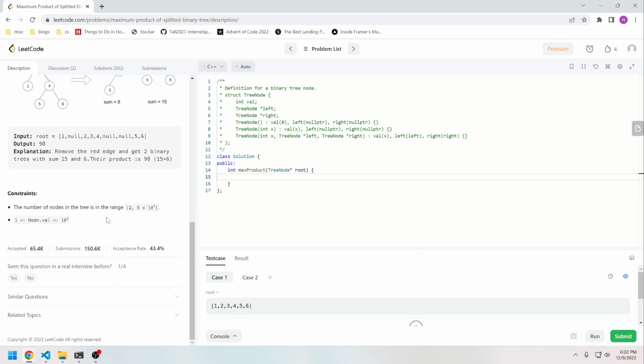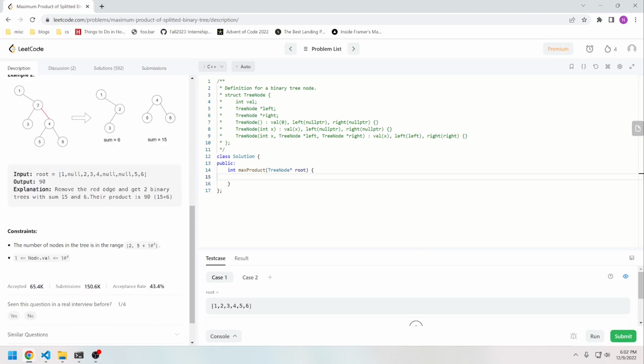Okay, so the number of nodes in the tree is 2 up to 5 times 10 to the 4th, and the node values go up to 10 to the 4th. Okay, so